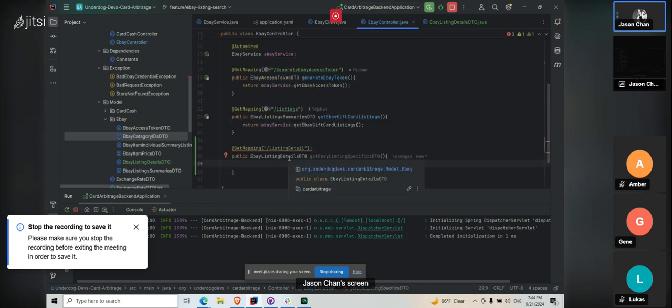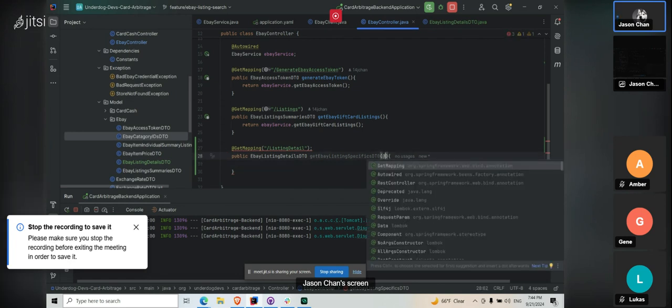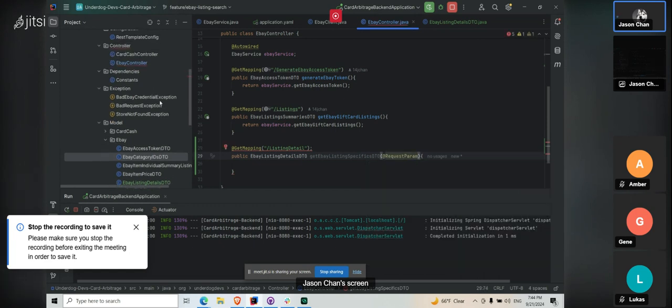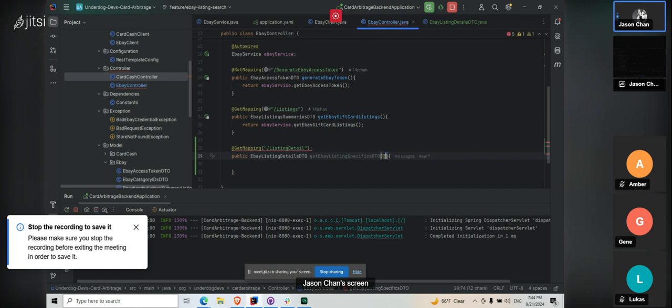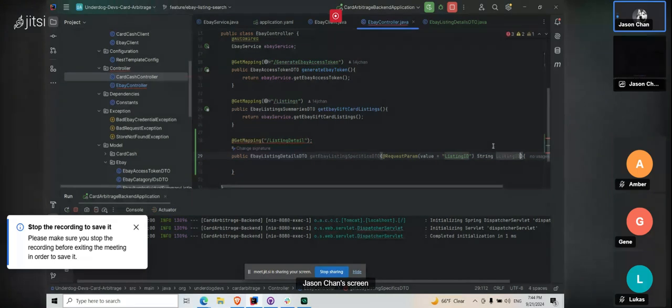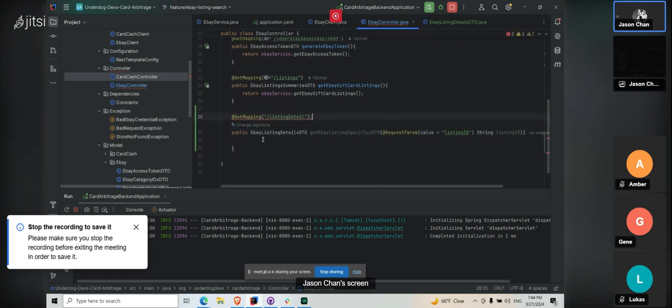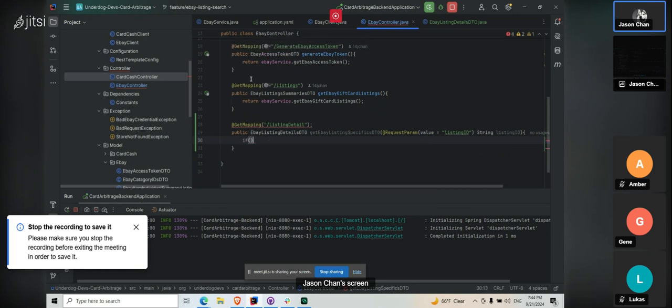So let's go ahead and do that. And over here, obviously, we want to make sure that we have a request param. And I forgot how to do the request param. I think it's value, right? So we have a request parameter for obviously not the store name, but the listing ID, right? String listing ID. This is going to be lowercase. And